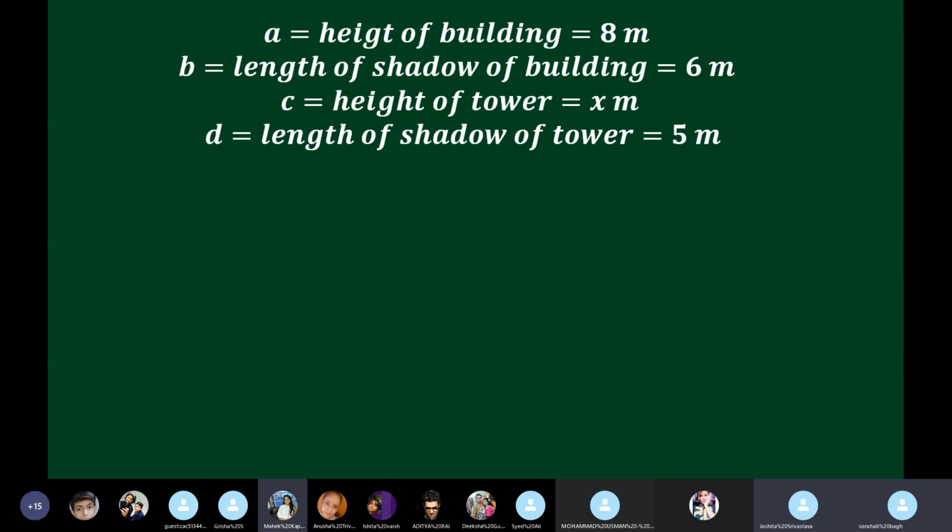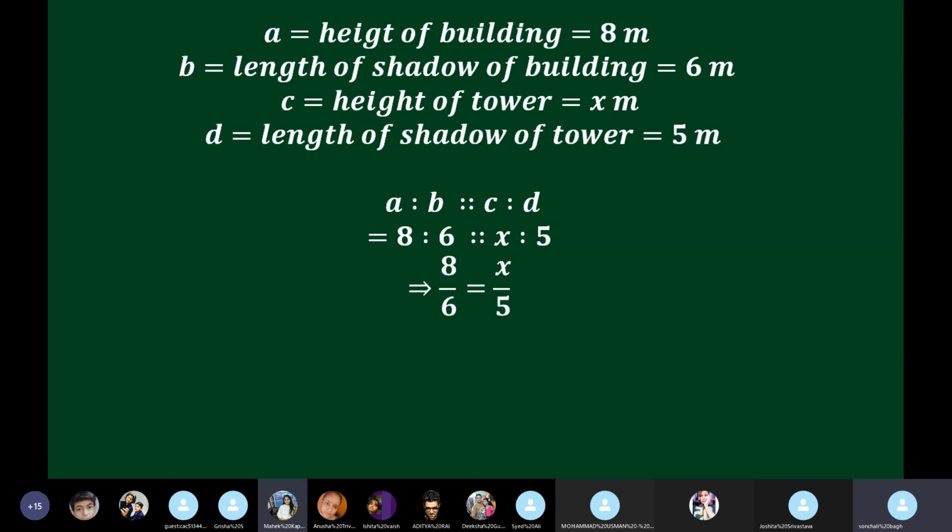It is very compulsory to declare what you are taking in proportions. If you do not declare this, marks will be deducted, because without declaration how will you feed into the formula, showing the relation between which terms? These statements show the relation between which terms. Now you have to find out proportions. So A is to B is proportional to C is to D. We are taking it that these values are in proportion and we will be feeding the values. 8 is to 6 is proportional to X is to 5. Fast, calculate X for me. Come on, fast, find X for me.